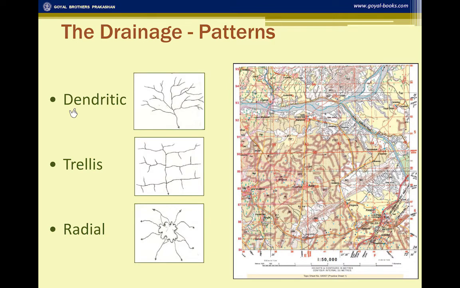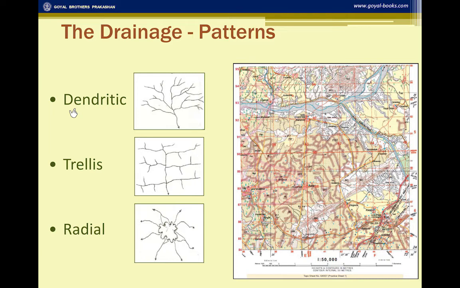In dendritic pattern, the river and its tributaries make a pattern like the veins of a leaf, or we can say a branch of a tree. You can see the example in grid square 3894. In the trellis pattern, the tributaries join the main river at a right angle or almost at a right angle, as you can see in grid square